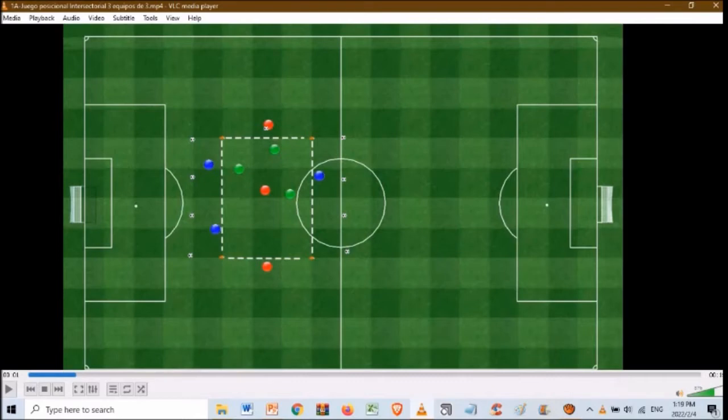So in this case, the blue team will be the 2 central defenders and the offensive midfielder. The red team will be the central midfielder and the 2 fullbacks on the sides. And the three greens are the ones who are pressuring and trying to gain the ball. So this